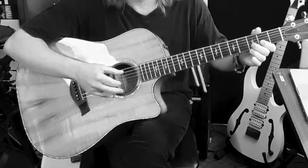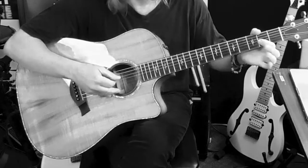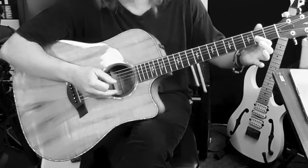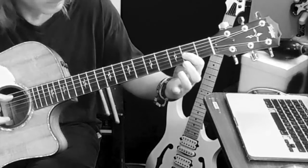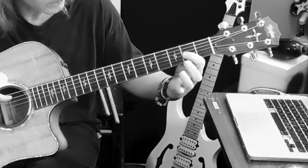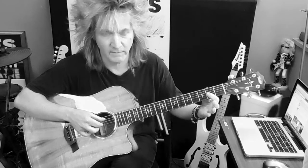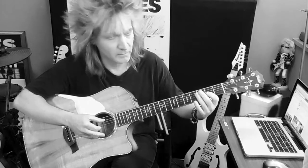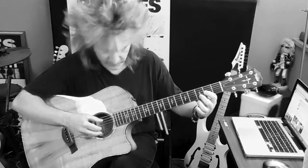But he does a little trill. If you notice, my first finger is covering up both of those frets, because after the trill, you're going to strike that 3rd string with your first finger on that 2nd fret. It's like an A suspended chord. So this might be a little tricky. So you hit both strings,